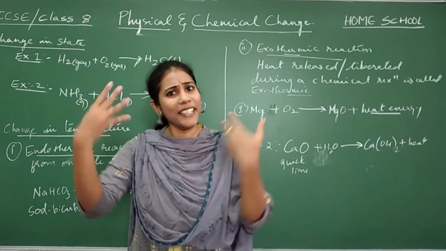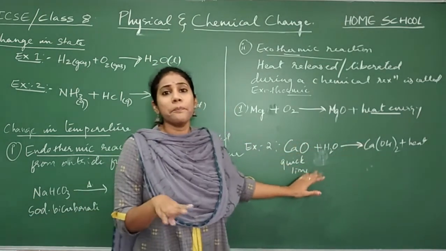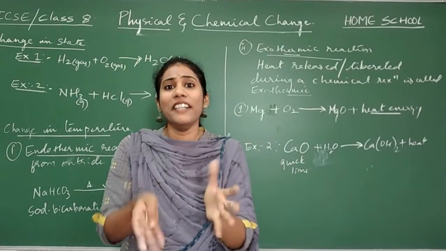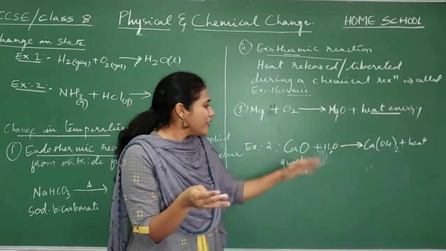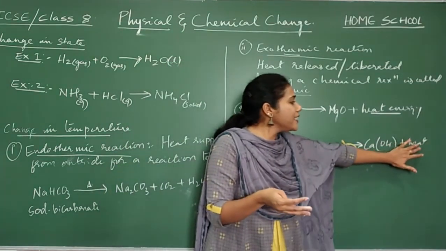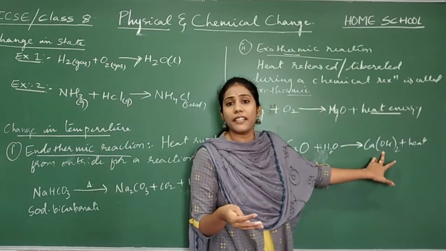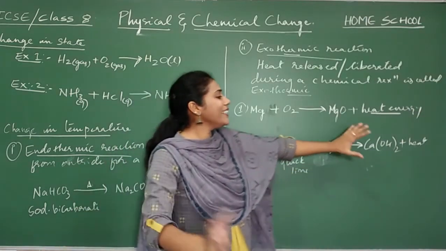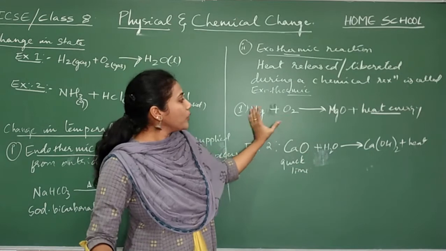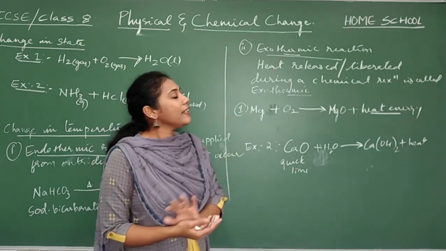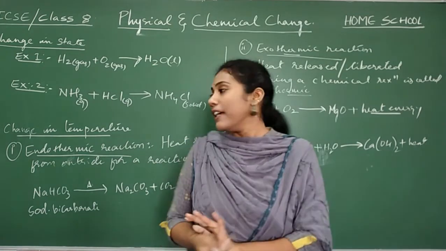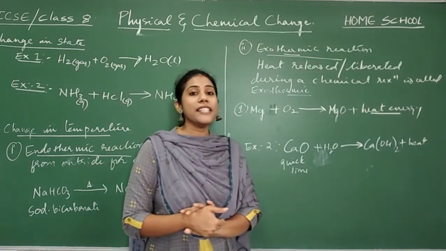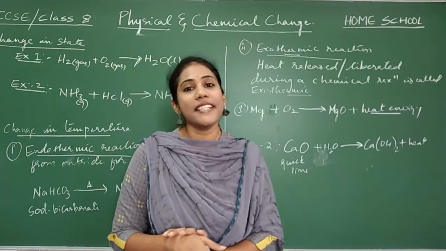You see, you are not supplying heat from outside. Automatically it is happening. The moment you slowly add water to this, you feel that container getting hotter and hotter. So what is actually happening? When these two are combining, automatically heat is liberated along with the formation of the product. If heat gets released automatically when two substances are combining, such reactions are called exothermic reactions. So remember the definitions of these two, they are very, very important. So this is all about a chemical reaction and its characteristics.